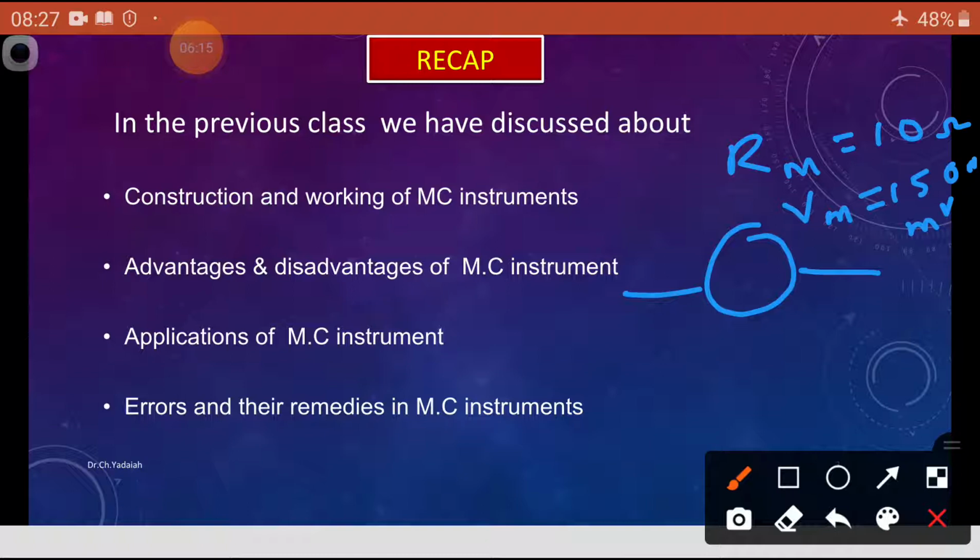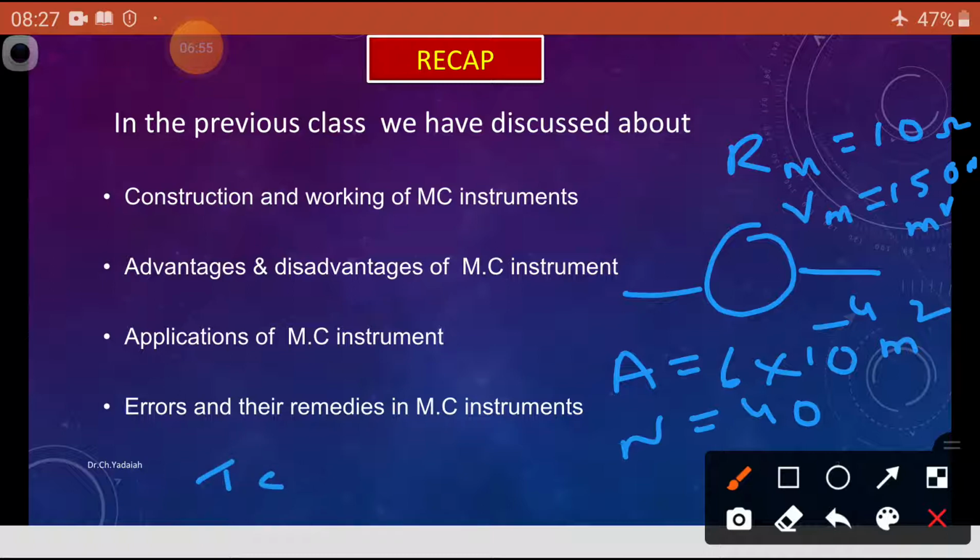The area of the moving coil A is given, that is equal to 6 into 10 to the power of -4 meter square, and there are 40 turns, N equal to 40. The torque provided by the spring, the spring control torque TC, is given as 0.4